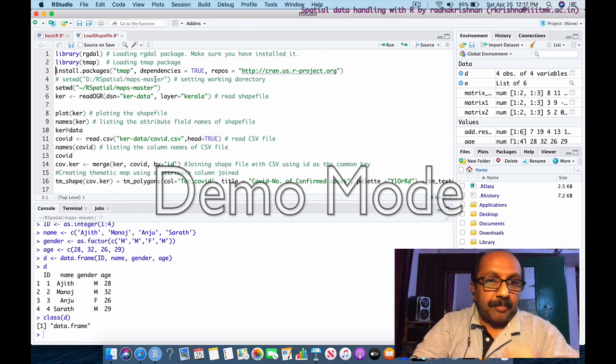So if you set dependencies equal to TRUE, it will automatically pull those dependencies also from the CRAN repository and install them. And repos means from which mirror. If you don't want to download directly from CRAN, there are mirror servers from where you can download it. So that is about installing the packages.